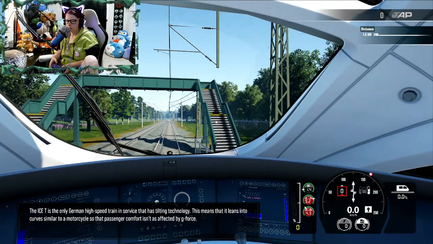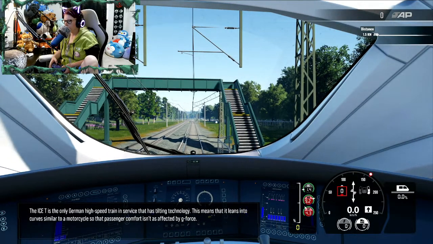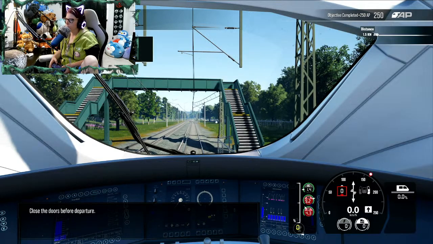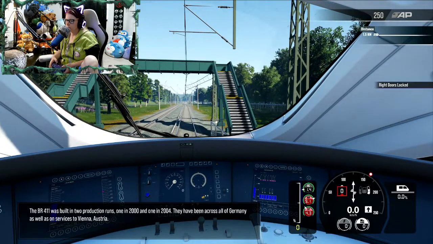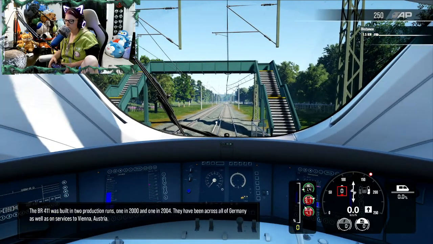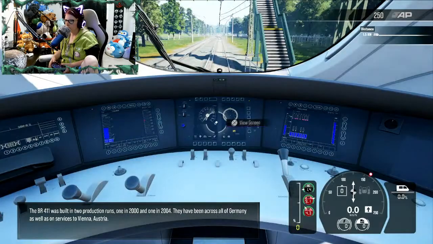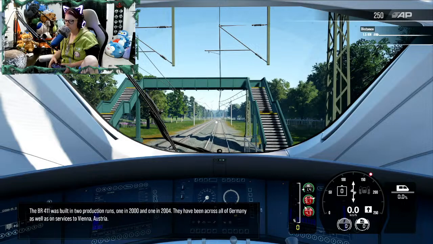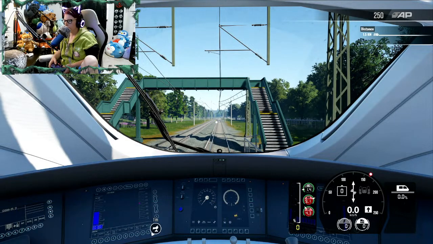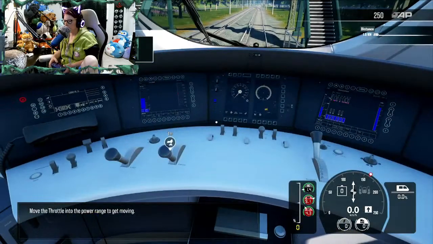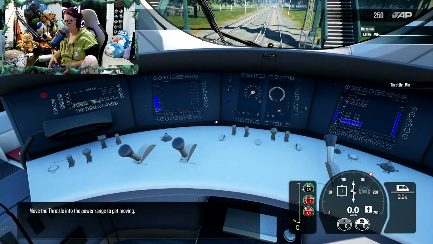This means that it leans into curves, similar to a motorcycle, so that passenger comfort isn't as affected by G-force. Close the doors before departure. The BR411 was built in 2 production runs, one in 2000 and one in 2004. They have been across all of Germany, as well as on services to Vienna, Austria. Move the throttle into the power range to get